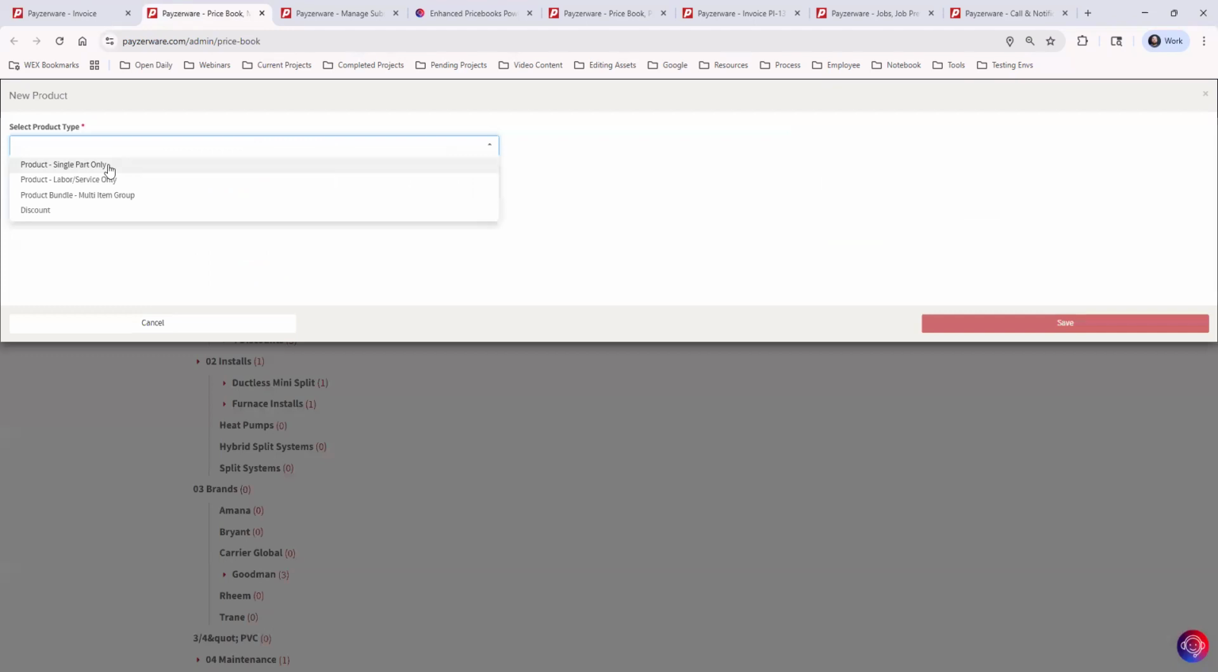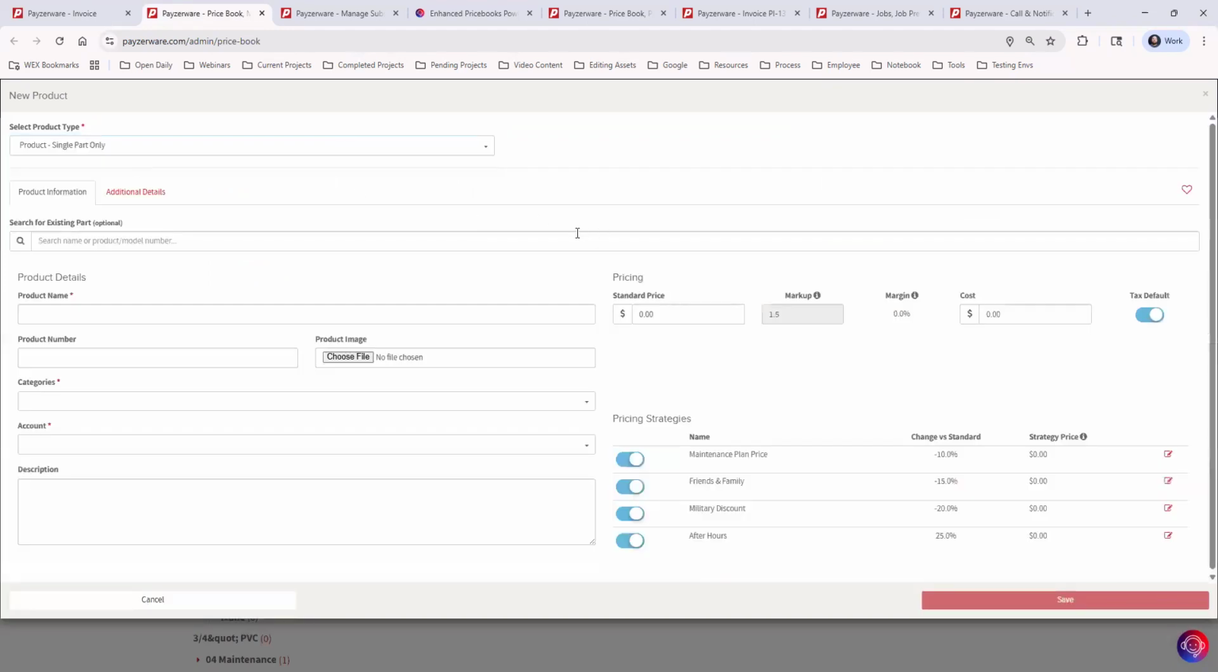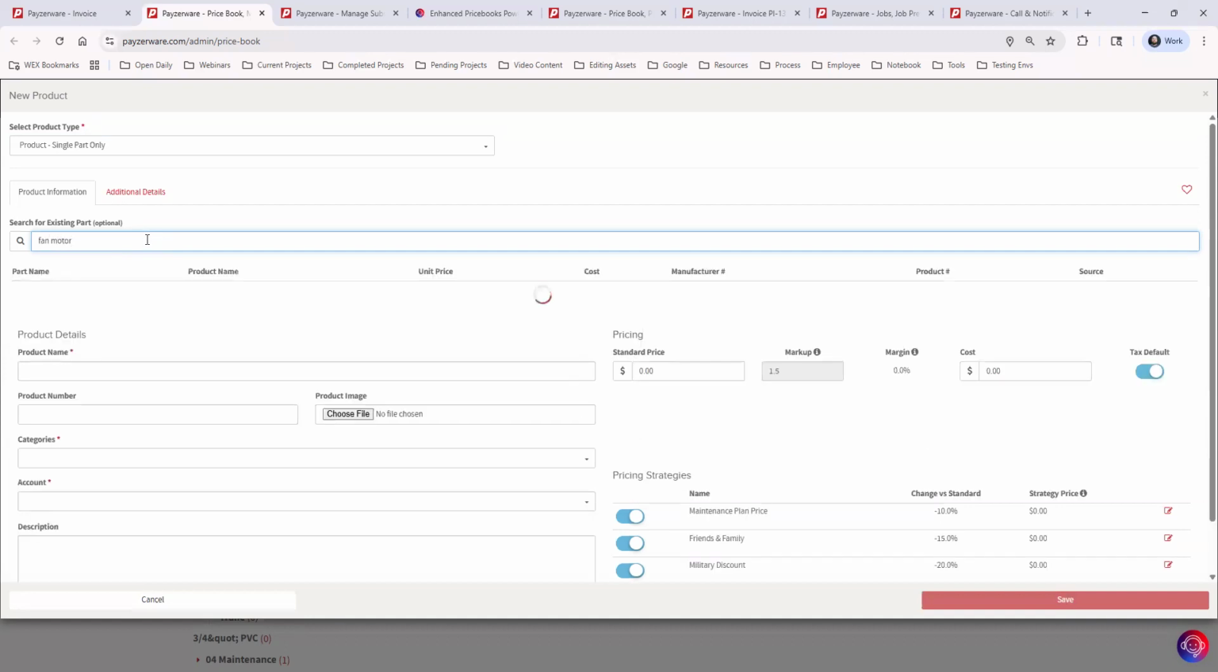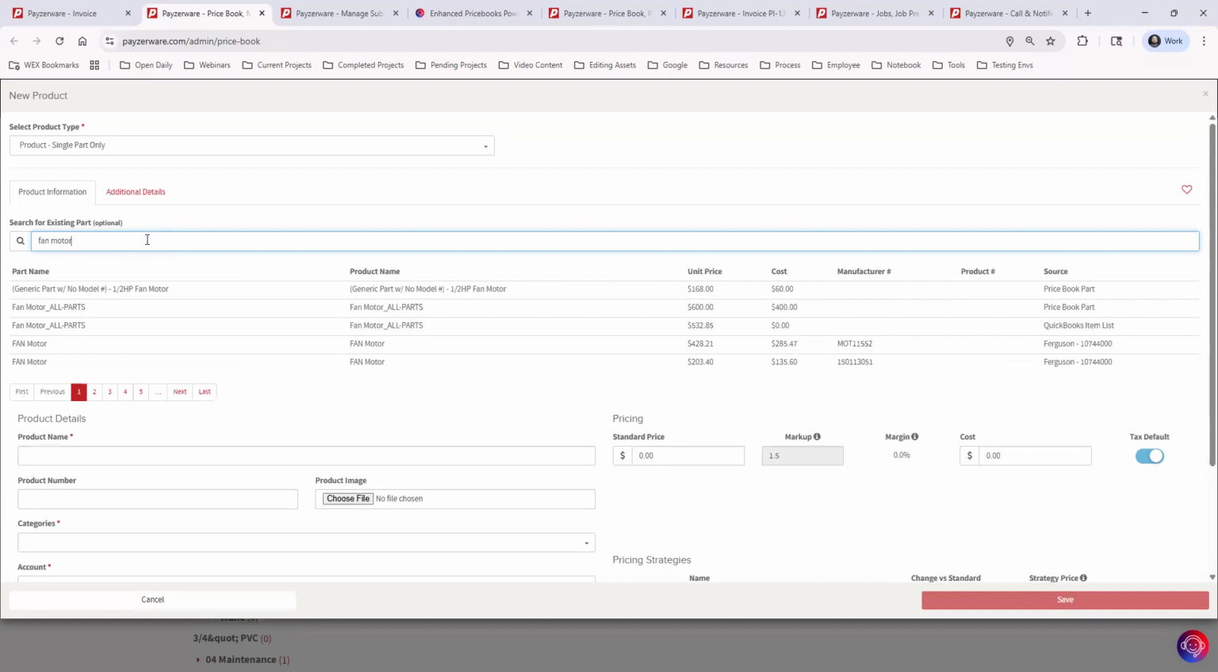Select the product type. Let's say I know this will be a part that I want to pull. And then right here, it says search for existing part. I can tap into this and let's say I need a fan motor. So I just typed in fan motor and I can see right here, fan motor, all parts is the item that I want. And if you look all the way to the right, you can see the source that it's being pulled from. So I know that this is coming from my QuickBooks item list,